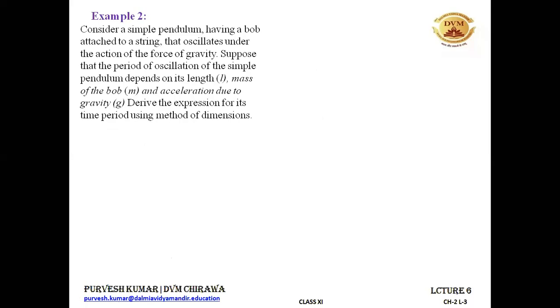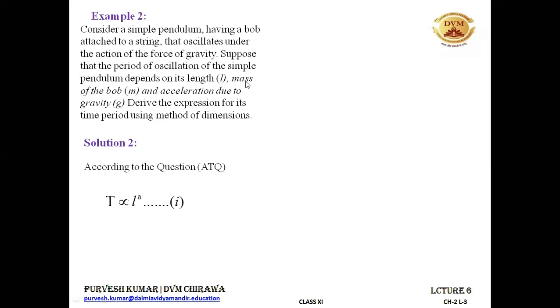All right. So here we need to find T, capital T, the time period of the oscillation of a pendulum, and it is dependent on the length L, mass M of the bob, and acceleration due to gravity g. So let's do it. We have to proceed in the same manner. According to the question, capital T is proportional to L to the power A, because it is depending on the length, but we don't know how it is depending on the length, whether it is directly proportional or inversely proportional or to the square root or to the cube root, we don't know. That's why we have put a power A to L. That's the first factor on which the time depends.